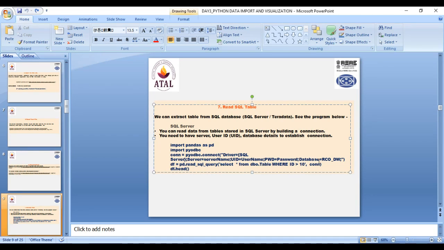The same procedure as in Excel you have to follow here. We cannot interchange these steps, because while logging into SQL Server, first you open the SQL server, then connect the driver, then it will ask for username and password. Once you enter and log in, then you work in the database. You have to create the database, and this is a similar process. After that only you can create a table or anything here. In pandas, read_sql_query, select or create like that. Then df.head, and the heading will be printed.